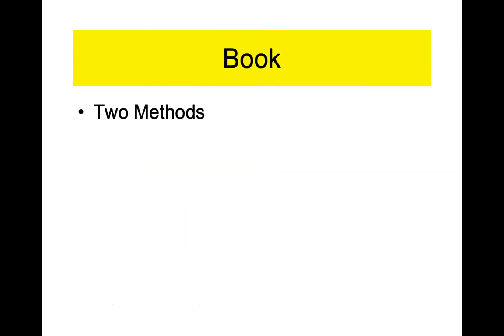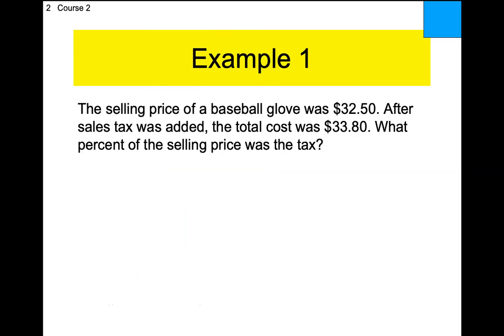The book will show 2 methods. I choose to use what's called method number 1. I'm not giving it a name. I'm going to show you one way of doing it. I think I'm choosing the easier of the 2 methods. Once again, these will all be word problems. We've got to identify 3 things: original number, percent of change, and how much has been changed.